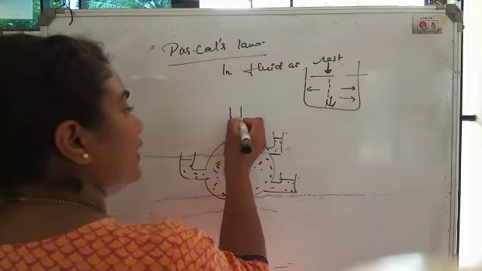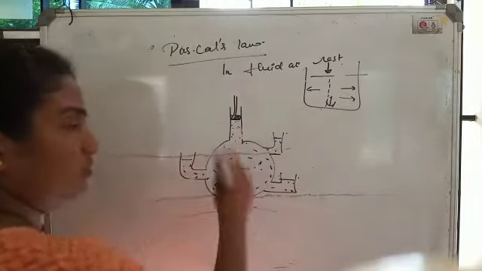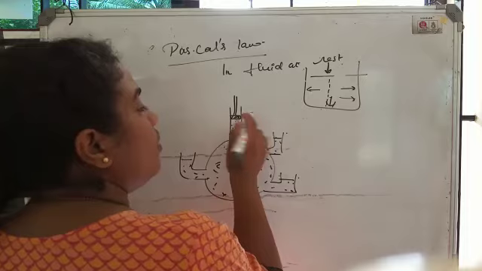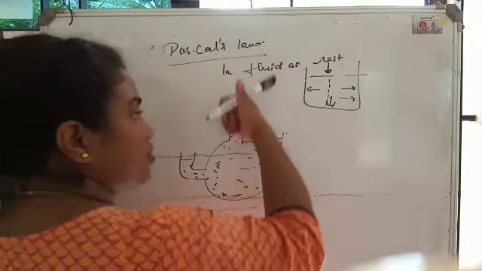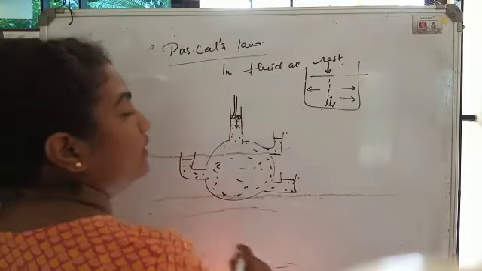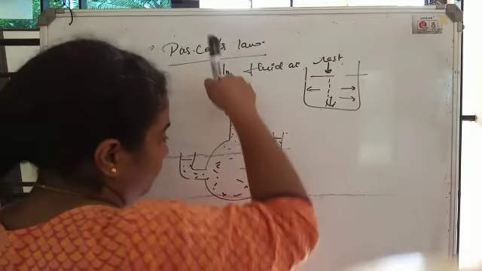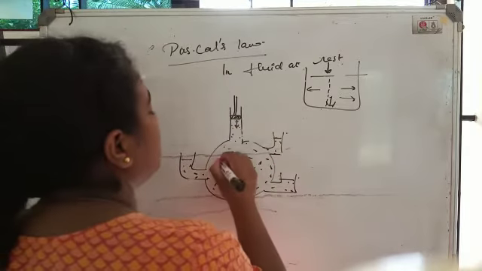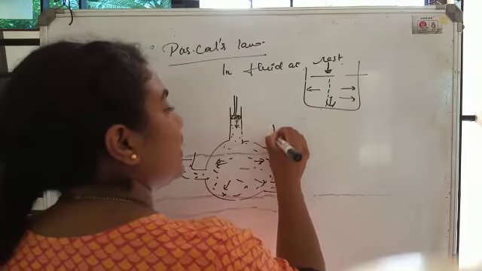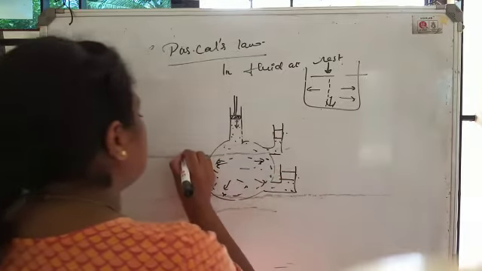Then from above, at this point, if you use a rubber cork or anything to apply pressure on this fluid from the free surface, you are pushing the piston down, applying the pressure from this direction. Then the fluid will move and there will be pressure exerted in all the directions in the jar, which can be seen in the raising of the level of fluid in the side tubes.